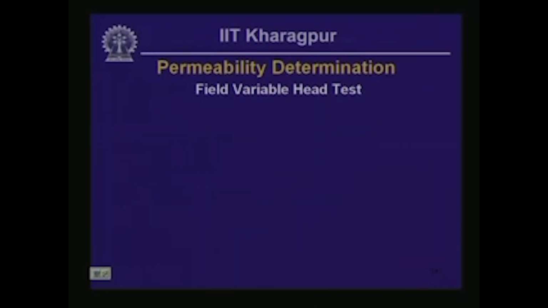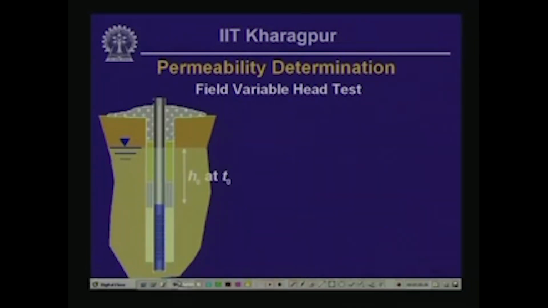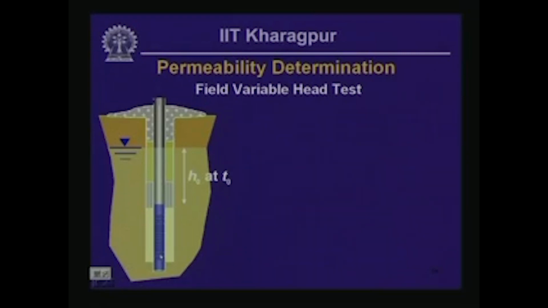Now, a field variable head test is conducted within a monitoring well, and what is done in this particular case is, say you have a monitoring well like this, and the water table location is as shown on the left of this slide. So, water table is as shown here. What we first do is bail out the water from within the casing tube, so that the elevation of the water level within the tube goes down to a depth of H naught below the existing water table,